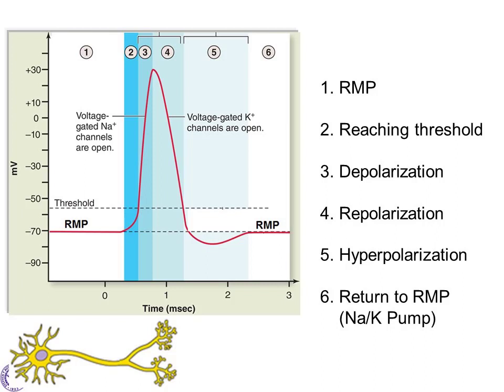From minus 55 up to positive 30, because sodium's coming in, what do we call that? Depolarization. Because potassium going out causes our membrane potential to come down to minus 70. See how this number 4 stops about right there? What do we call it? Repolarization. And then once we go more negative, and we stay more negative until we reset, number 5, hyperpolarization. And then our sodium-potassium pump returns us to resting membrane potential, and it reestablishes the concentration gradients for sodium